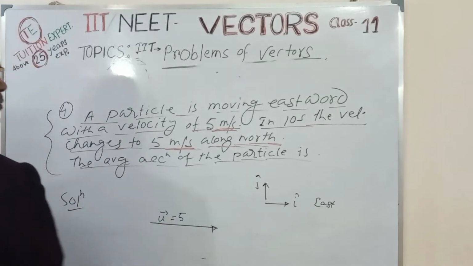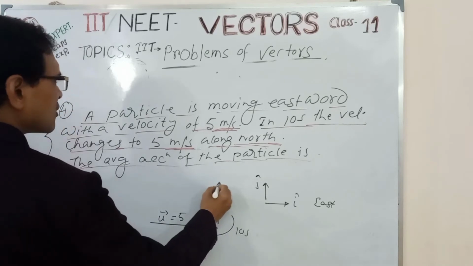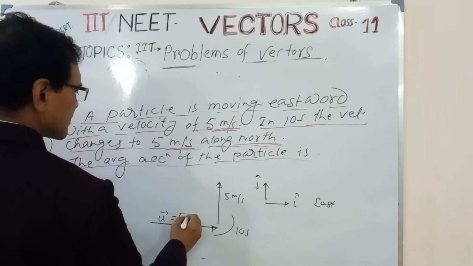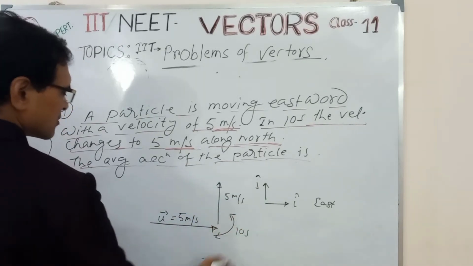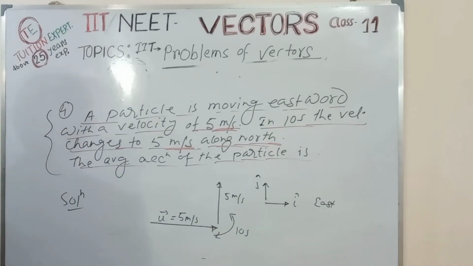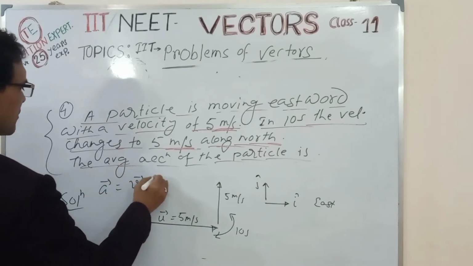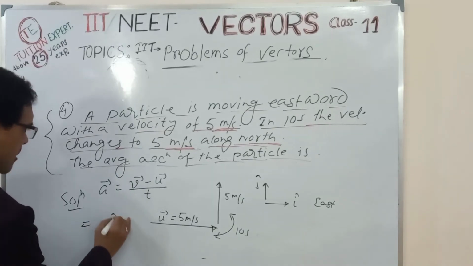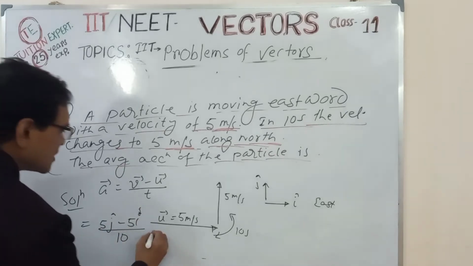So initial velocity equal to 5I meter per second. In 10 seconds, it turns along north. Velocity magnitude remains same. Now what is the acceleration of that particle? So we use the formula acceleration equal to v minus u by t. So put v equal to 5j minus u equal to 5I, by t equal to 10. So this becomes